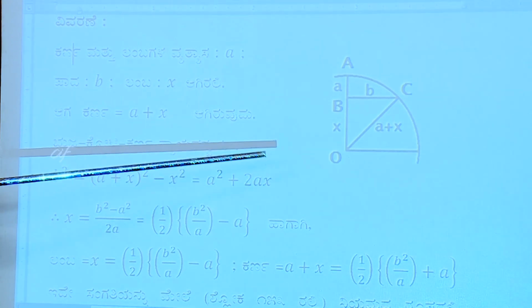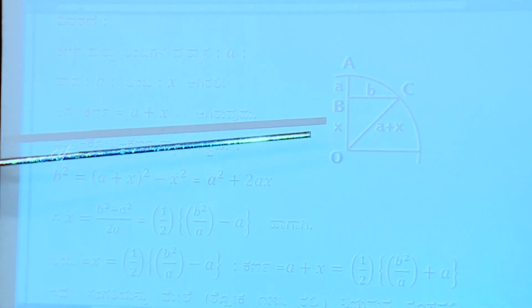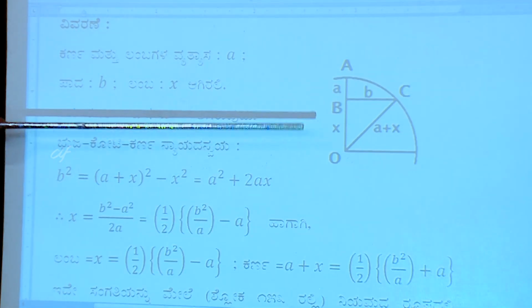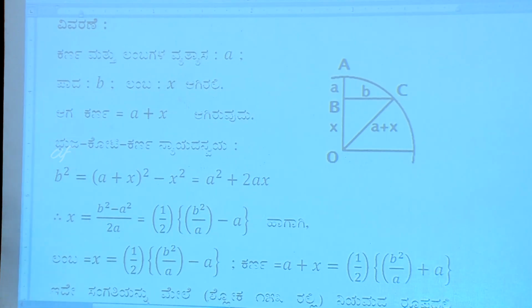Now, this is a pond. Water level is up to this level BC, and AB is the